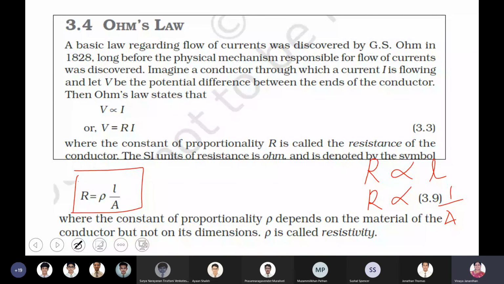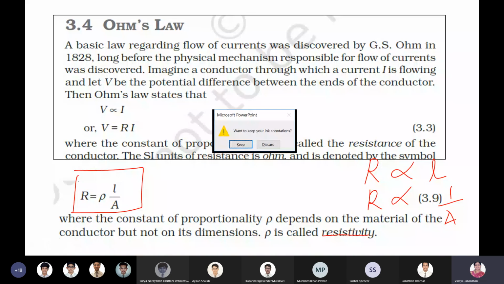Last chapter I have to do a derivation and a lot of numericals. I don't know if it is possible. I have to go for an extra class. Just till resistivity, can you write? So next class we complete what is meant by resistivity and the rest. Those who are coming for the lab session tomorrow, please get a graph book and complete your work. I have sent the mail.